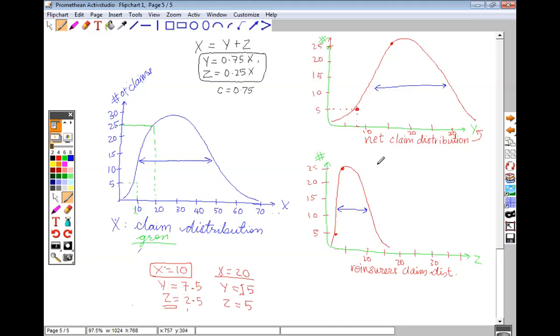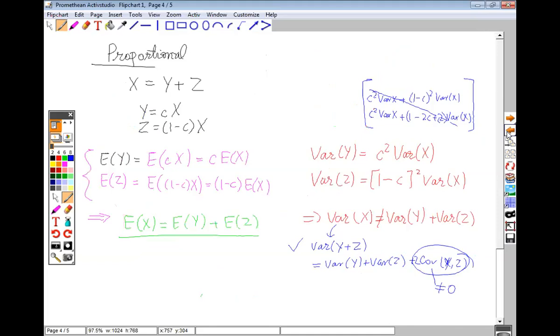Does this make sense? Yes. Does this make some understanding better? Yes, ma'am. Okay, very good. So again, what we did was we had a look at expectation, we had a look at its variance, and again, we can have a look at its MGF and all those stuff. So let's see if I were to write the MGF of Y. What will that be?